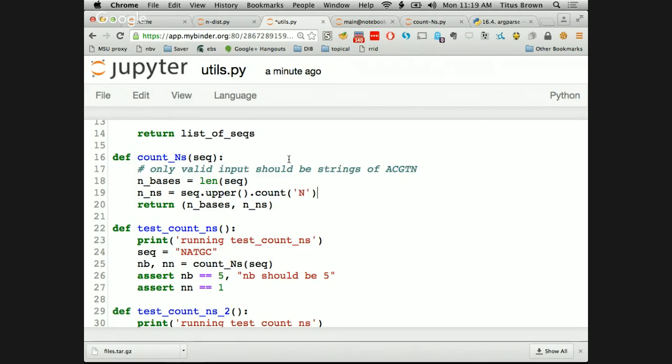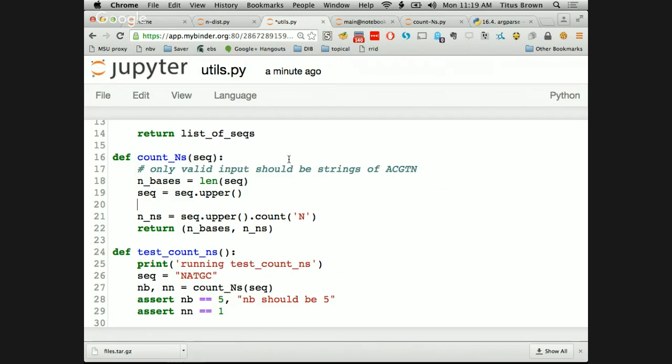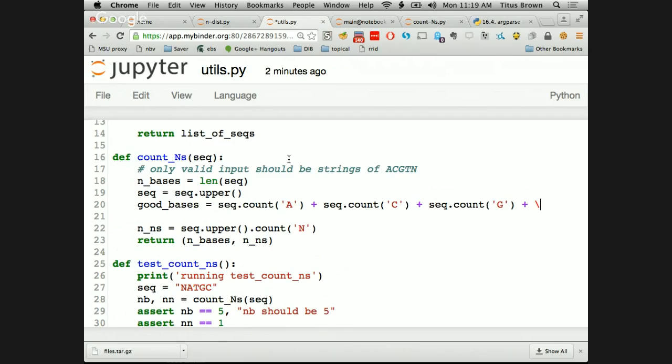So what I'm going to do is convert seq into uppercase, and then I'm going to say good bases is equal to seq.count A plus seq.count C plus seq.count G plus seq.count